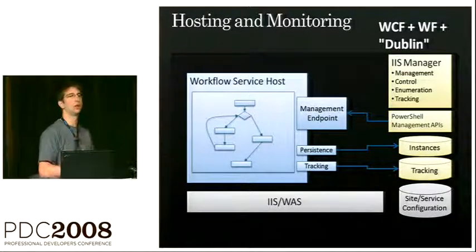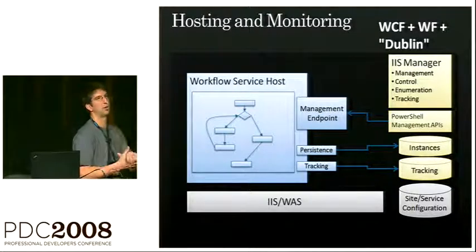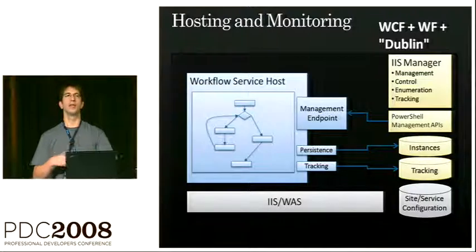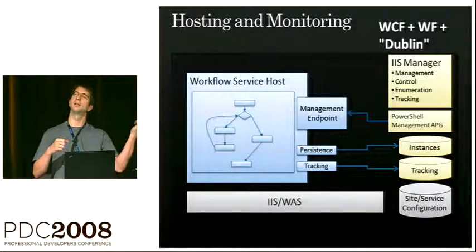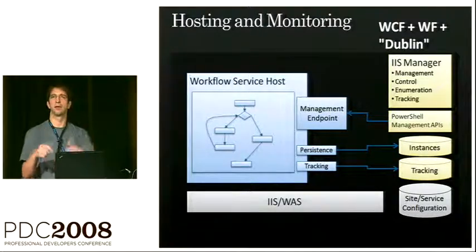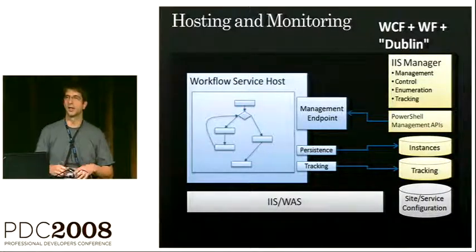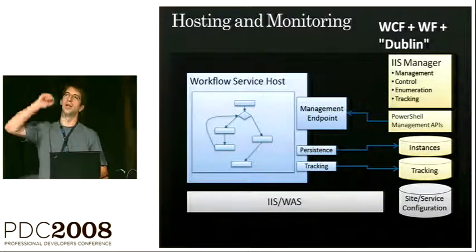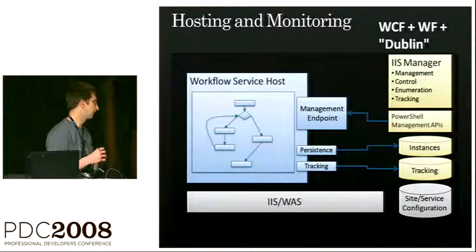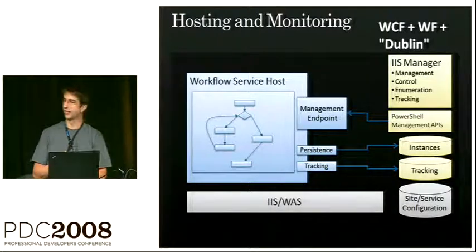Workflow Service Host allows you to write extensions. We've written a variety of them. A couple I've got on the screen are for persistence and for tracking. You can also write your own host extensions that allow you to plug into messages coming in for a particular workflow and workflow events like instance idle or unhandled exception. When you're handling those events from a workflow instance, you can perform control operations on that instance. You can unload it, or let's say in an unhandled exception scenario, you could abort it, roll it back to its previously consistent state, go fix whatever was wrong, and try running it again.